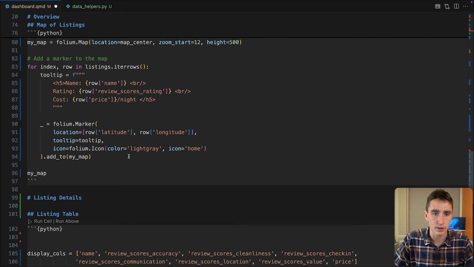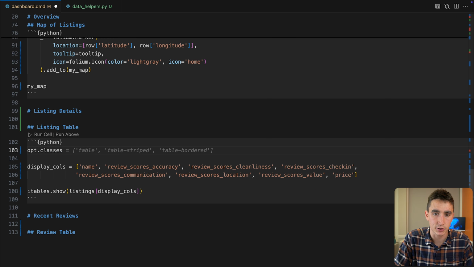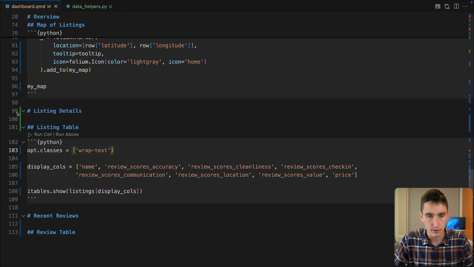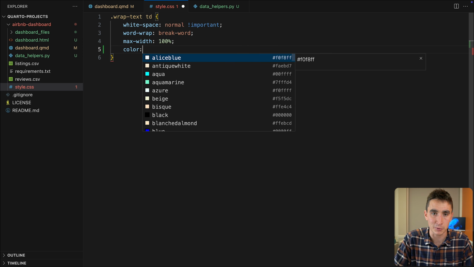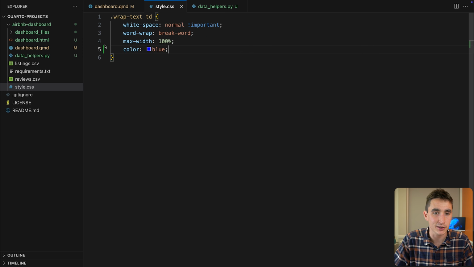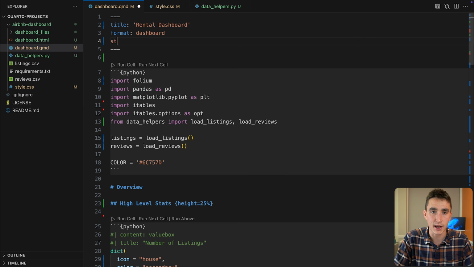And then you can do something like opt.classes and specify some classes that should affect things. I could define a class called wrapText, and then I could define that class. So I could create a new file called style.css, with the class name wrapText, and if you wanted to see this work, give it a certain color or something too. And then in my dashboard QMD file, I'm going to do CSS, and we'll do style.css. We run this,